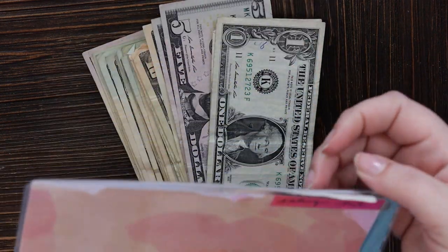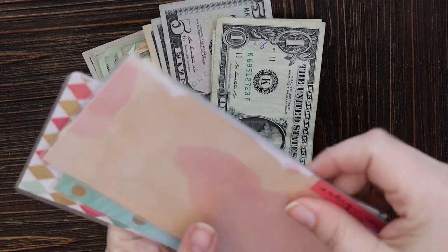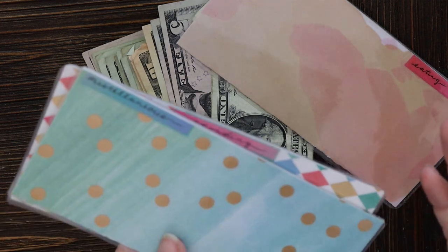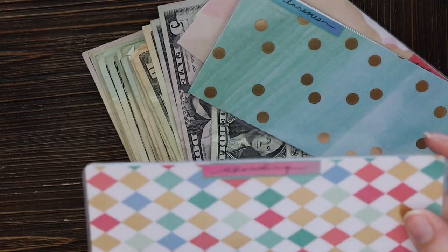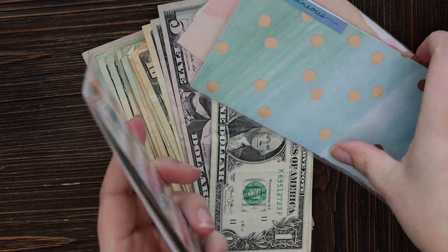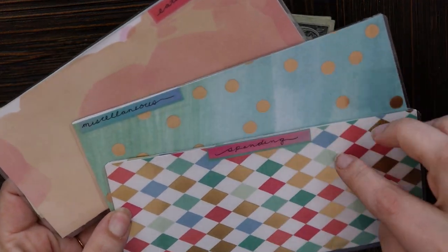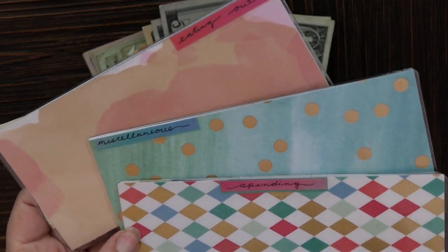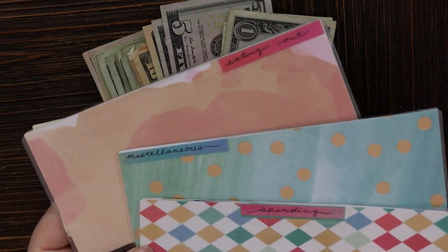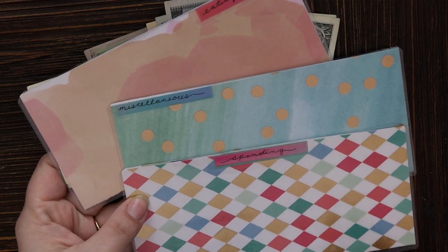So I have eating out, which you can see does have some cash left. We have miscellaneous, which also has some cash left. Was not a big spending week this past week. And I have my personal spending, which again has some cash left. So typically what I do is if we have money left over in these envelopes, I pull it out. I have a little section in our sinking fund accordion folder here that's just labeled extra, and we save anything extra